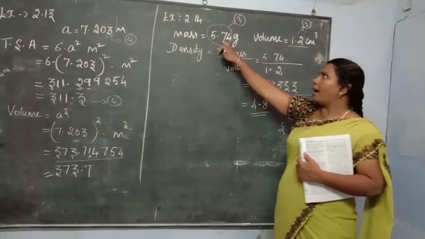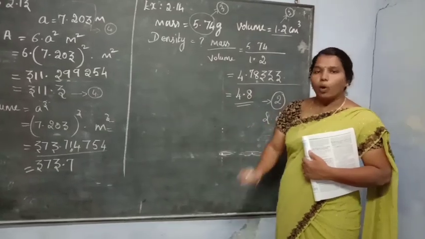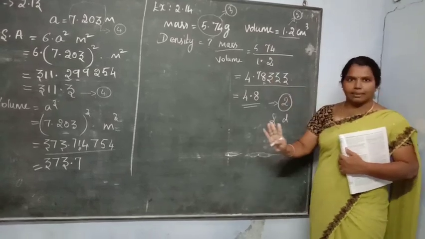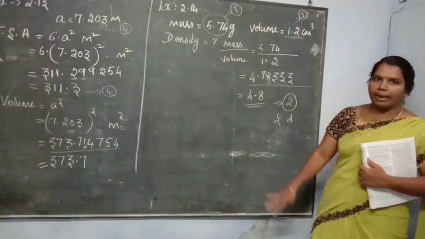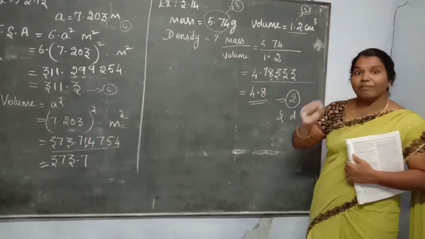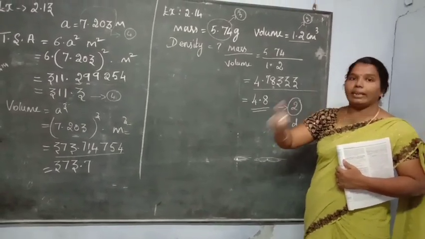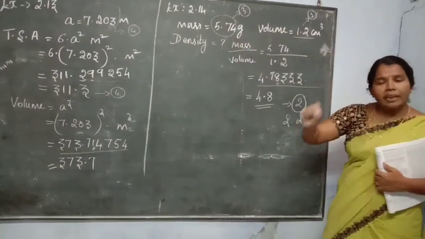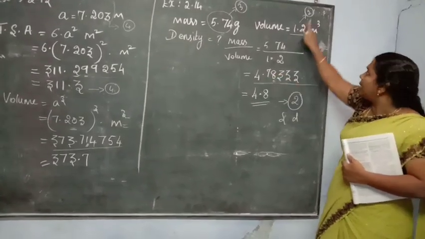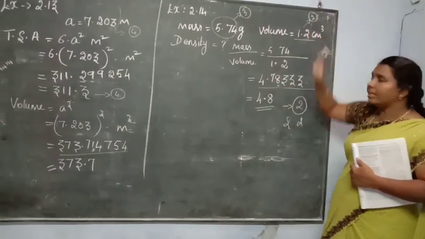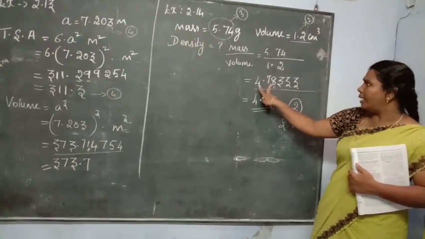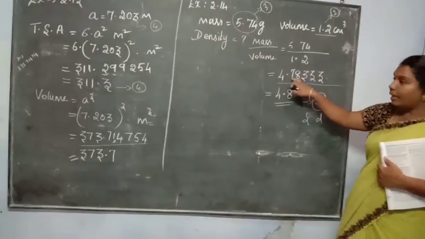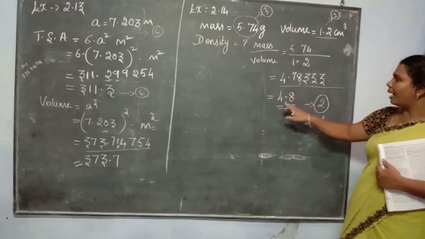See, they have given mass, volume and asked the density. What is your formula for density? Density is equal to mass by volume. Just you are dividing and getting the answer. As usual, you are doing this in the below step. Okay. So now you need to check how you will write in the significant terms. See here how many significant digits? 3. Here 2. In multiplication and division, the final value should attain the least significant digit. So the least significant digit is 2. So you should take the 2 values only. See here you are taking the 7, means the next number should be checked: below 5 means you can keep it as it is. If it is above 5 means you just add one number. Therefore the answer is 4.8.